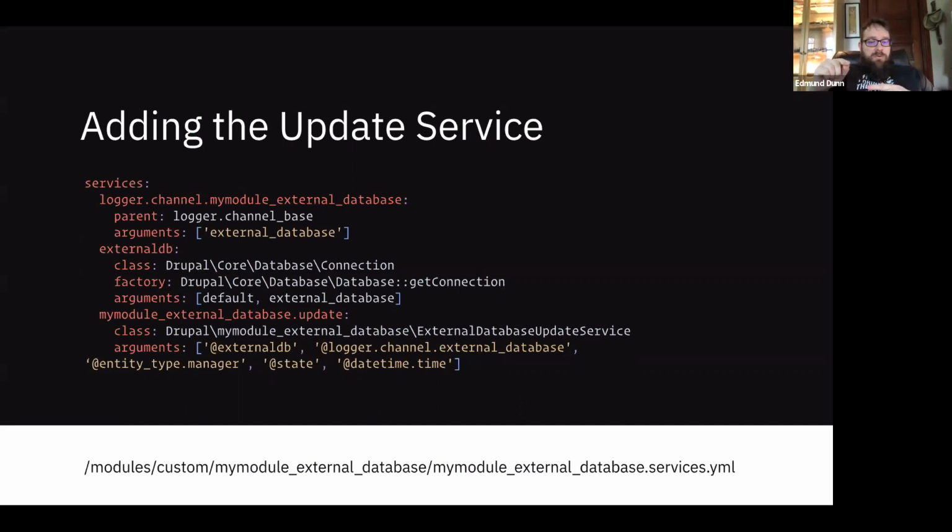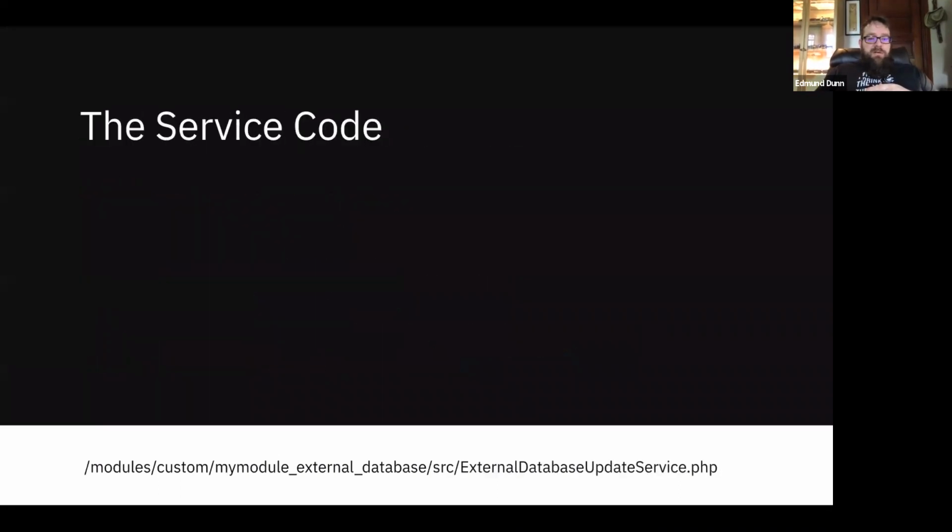If you don't define the services in these arguments and you have them in your constructor, you'll start getting errors because it will say we were expecting 5, but you only have 4, or vice versa. So it's important that you make sure you include everything in these arguments in your services.yaml file. For now, I'm going to jump into the service file itself.